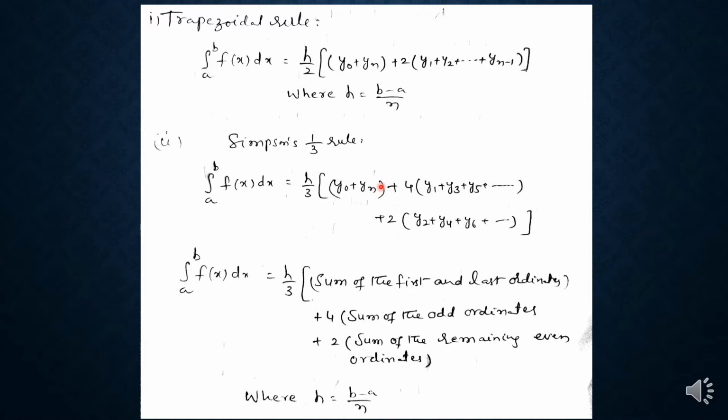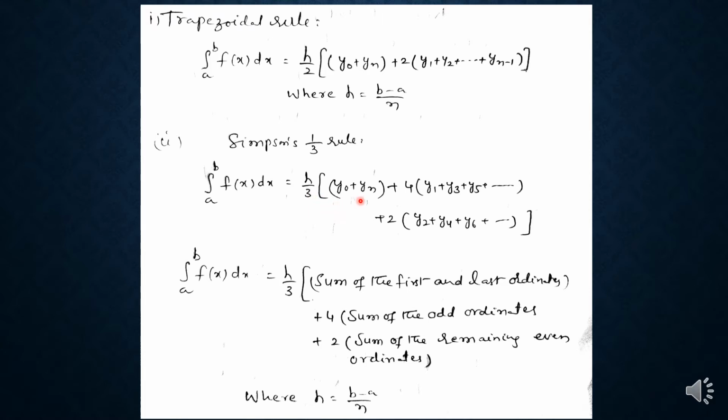It is based on approximating the function f of x by fitting parabolas instead of straight lines through three successive points of subdivisions. By taking the area of these parabolas, we get Simpson's rule: integral a to b of f of x dx is equal to h by 3, where h is equal to (b minus a) by n,